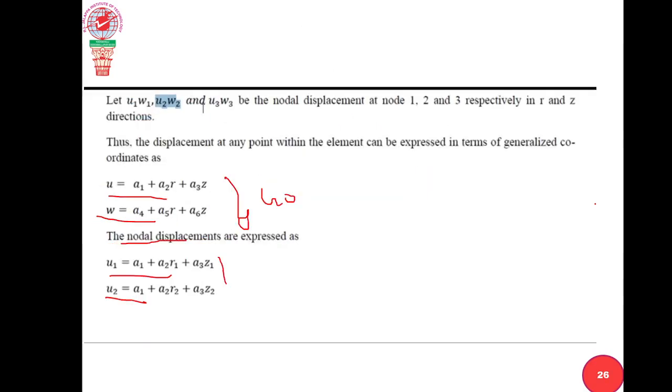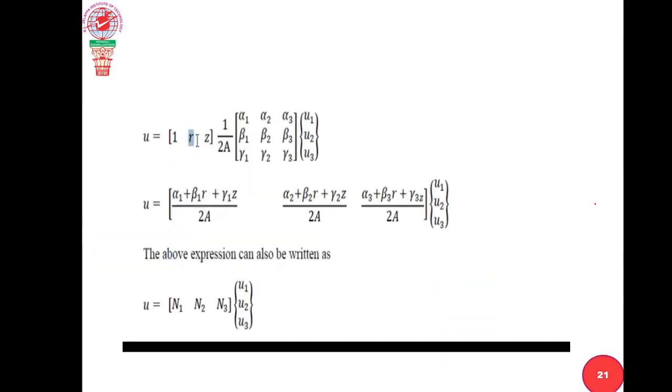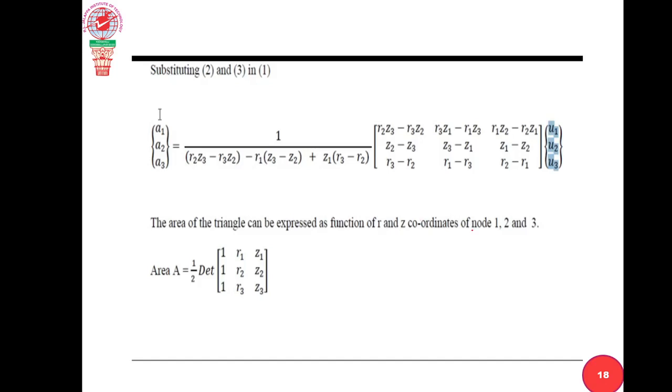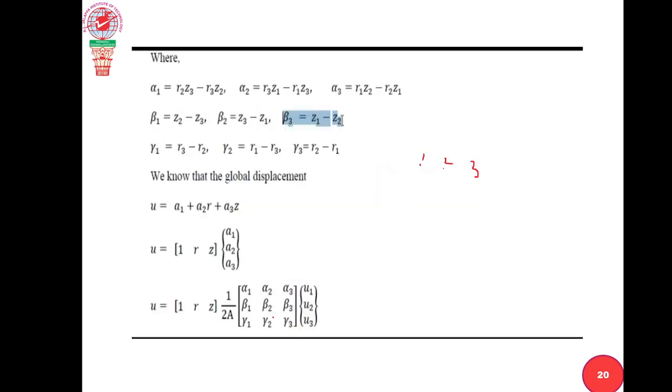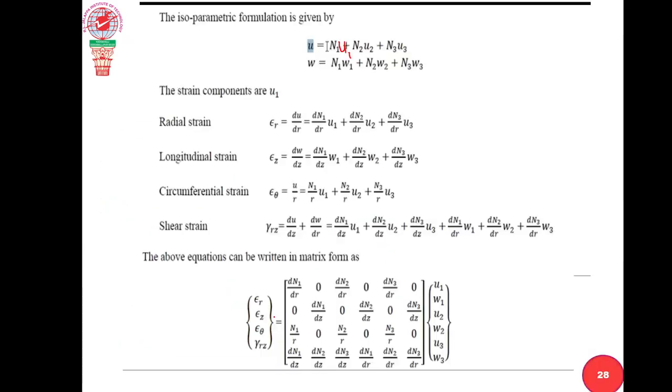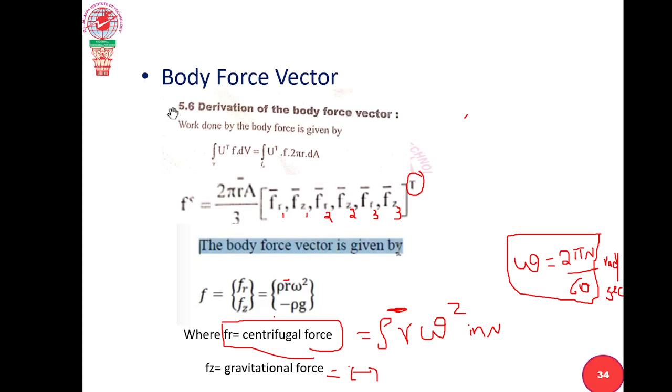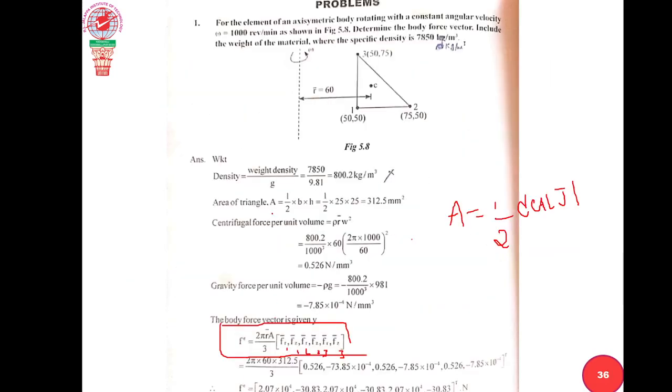What is J? J is called the Jacobian matrix, isn't it? But instead of doing that, in another way we can find the triangular element area. We know that the triangular element area A is equal to half of base into height, correct? This is one more alternative way to find the area of the triangle, half B into H, where B and H are breadth and height of the triangle. That you know well. Clear?